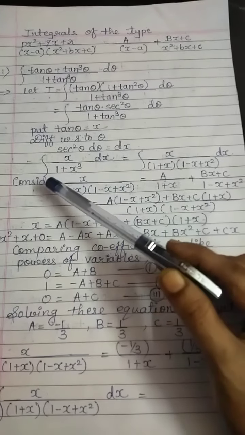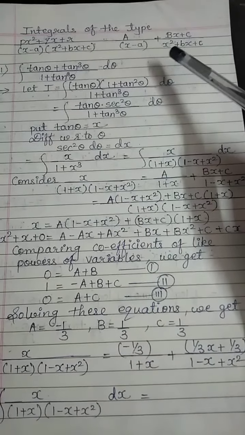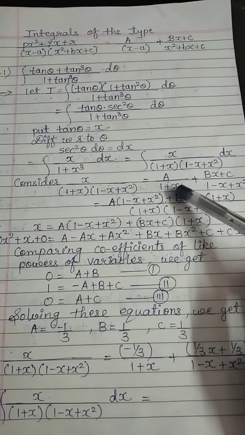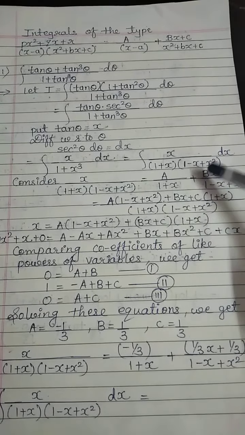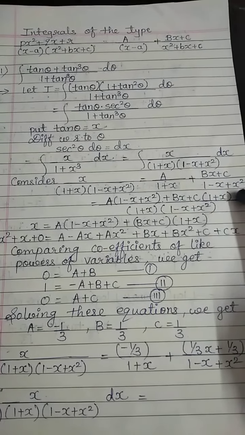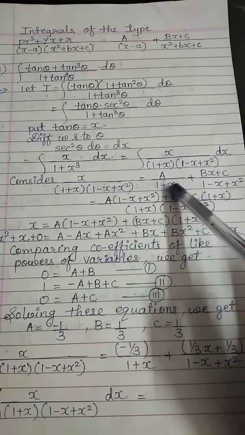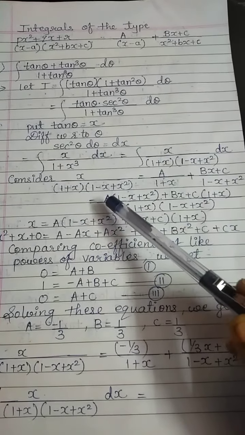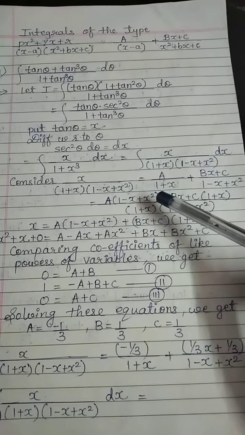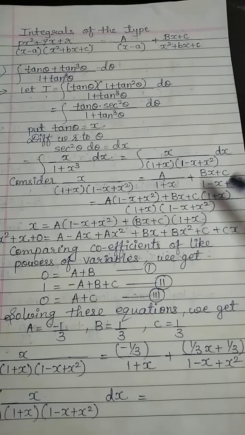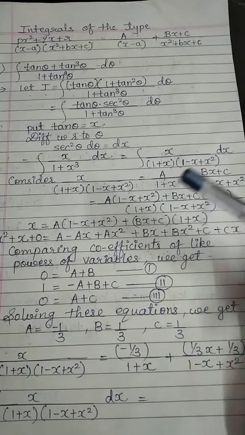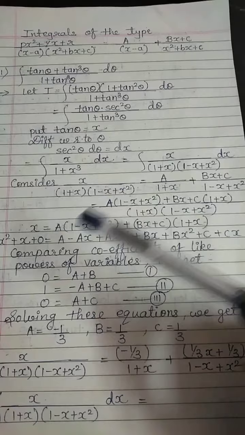Now consider this term separately, and by using this type we can write it as A upon the first factor, that is A upon 1 plus x, plus the linear function Bx plus C upon the quadratic polynomial, that is 1 minus x plus x square. Now since we want the same denominator on both sides, to the first term we will multiply and divide by 1 minus x plus x square, and to the second term we multiply and divide by 1 plus x. Now at both places we have the same denominator, so by cancelling that denominator, the remaining terms